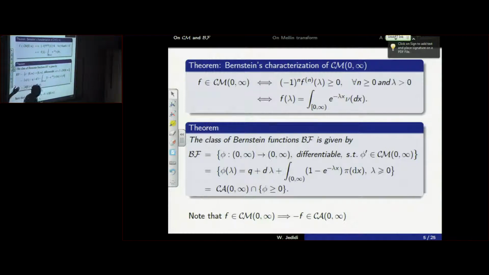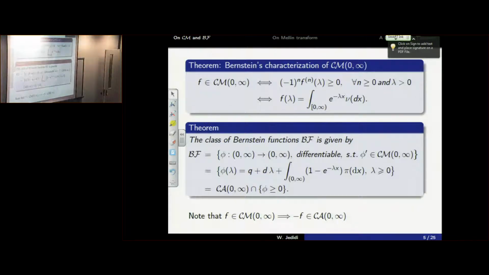When you look at the result this way, you could say that the speaker is presenting some integral representation, and that's it. The next question would be, why are these kinds of objects so important? I will try to convince you here with two lines of the importance of this kind of representation. If you allow me, I will switch over the light and write just two lines. This stuff intervenes, for example, when you have a measure nu, and you look at its Laplace transform.